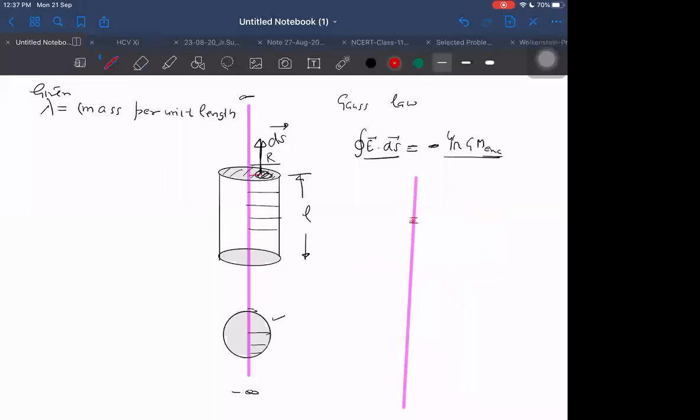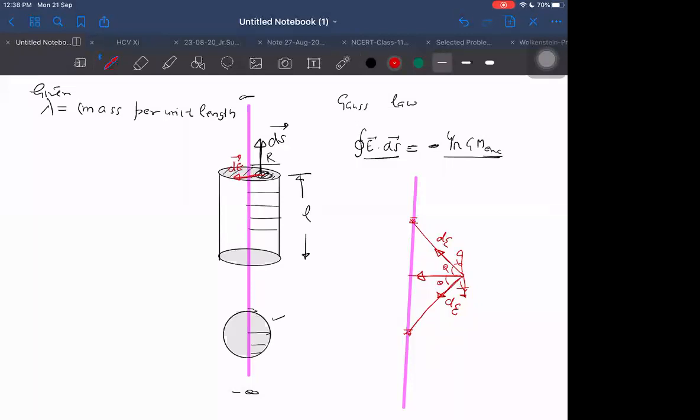Listen, this is the reason. I can take a small element here, and a small element below. Then on the upper small element and on the lower small element, the fields will be in this direction. Two components will get cancelled. This is dE, this is dE, the dE cos theta component will add up, and the component vertical to this will cancel. So parallel components cancel and perpendicular components add up. So finally it is towards the perpendicular direction only. So that is the reason. You should not just say it directly, but you should know why. So E dot dS is 0.